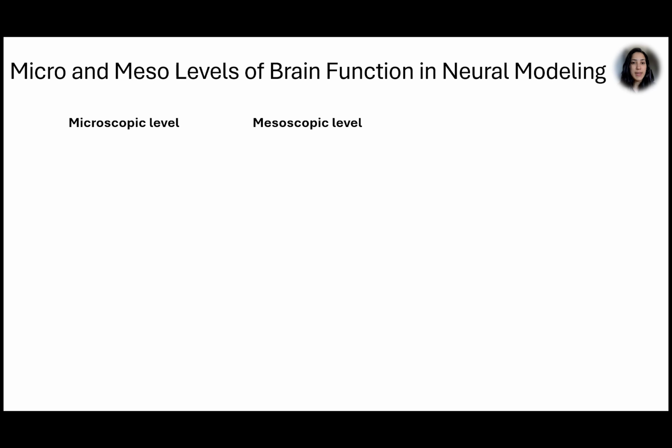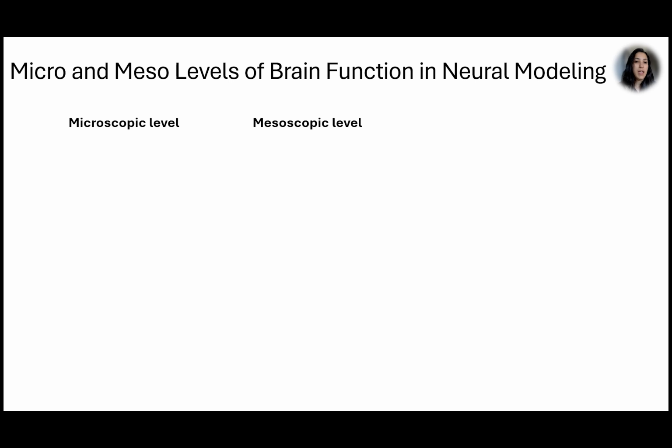Neural modeling serves as a valuable tool for bridging the gap between experimental observations and theoretical predictions, providing a means to integrate empirical data with mathematical frameworks. These models are typically described by differential or integral equations, and a key aspect of neural modeling is the division based on the level of detail being modeled.